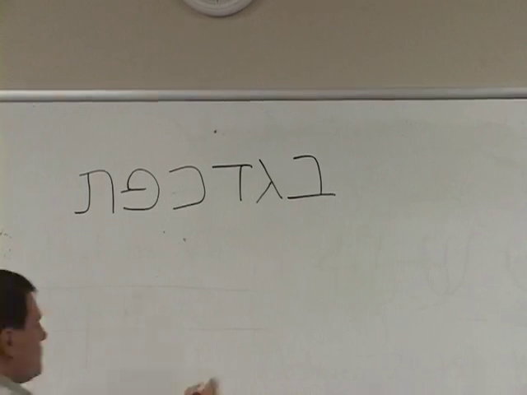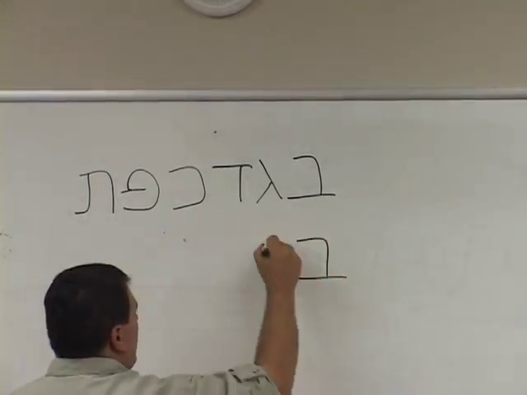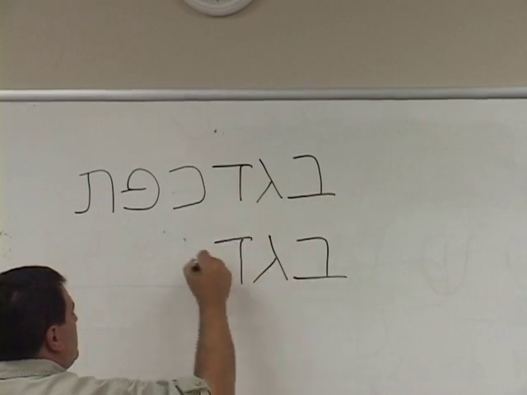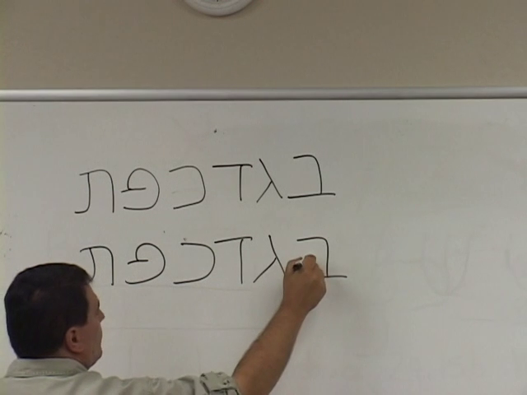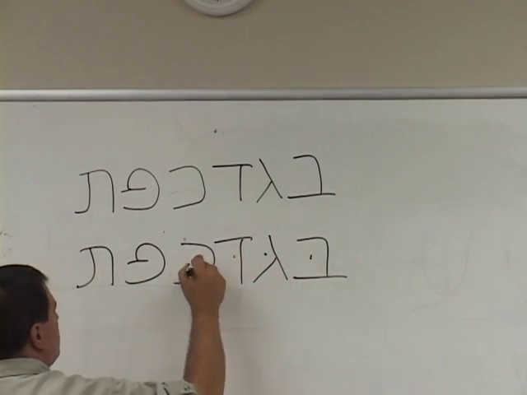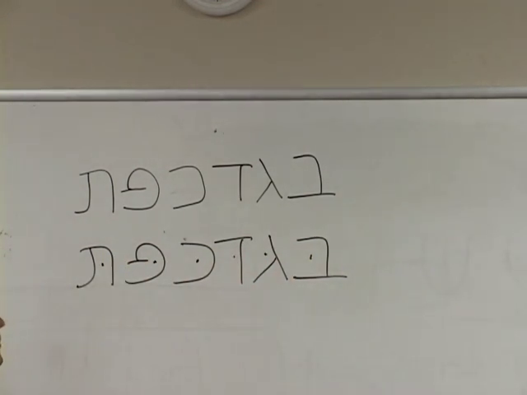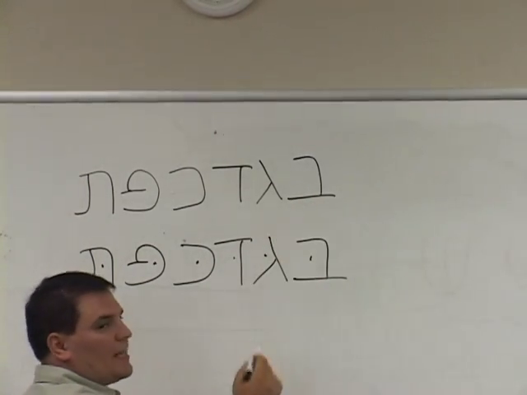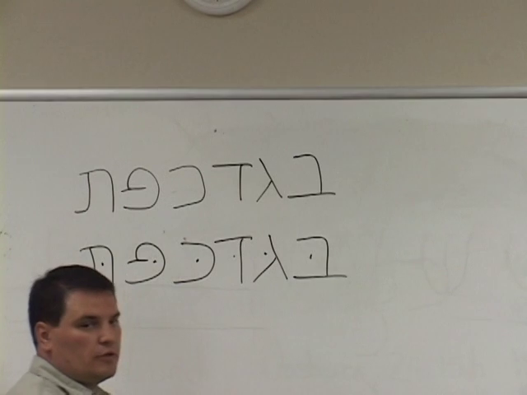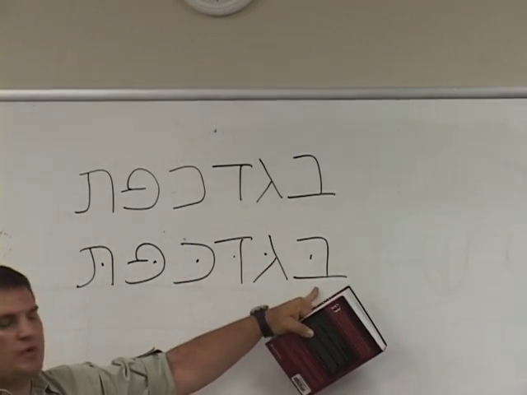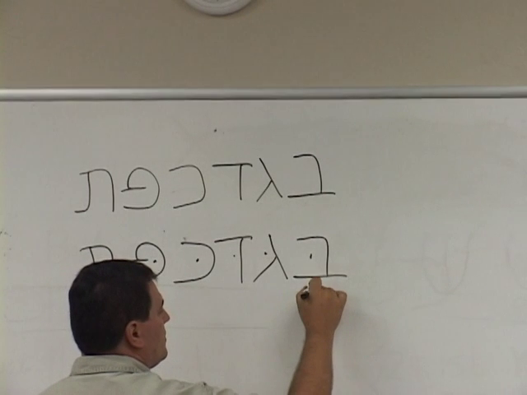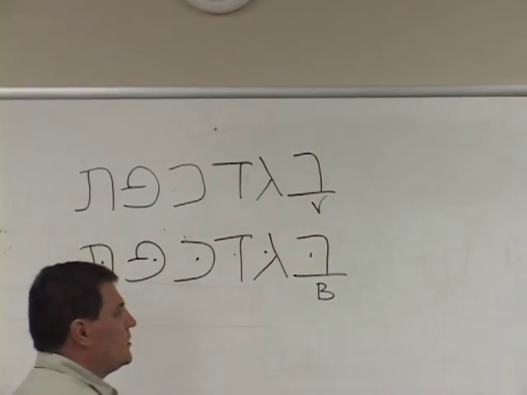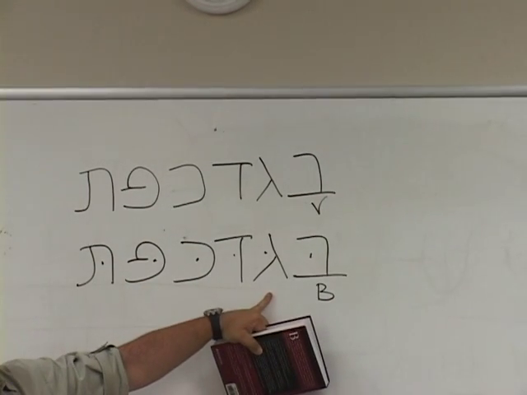There is a writing of these letters that can appear this way with dots in the middle of them. In this case, the bet is read as b sound. So this is b, this is v. In this instance, this